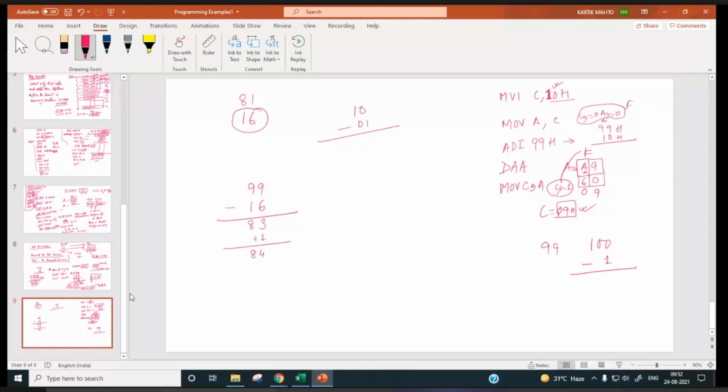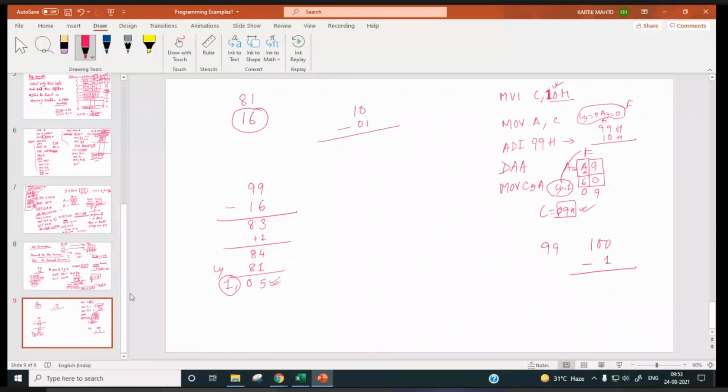If you add 81 to this, what will be our result? 5, and this will be 6, and here will be carry. 4 plus 1, 5, 8 plus 8, 16. 16 means it will be 0 and carry will be there.